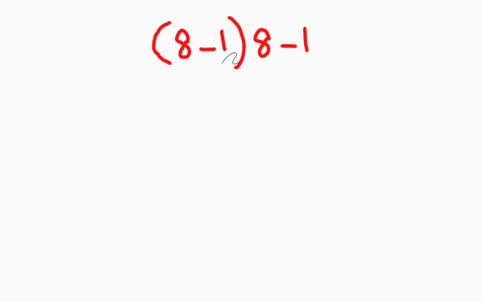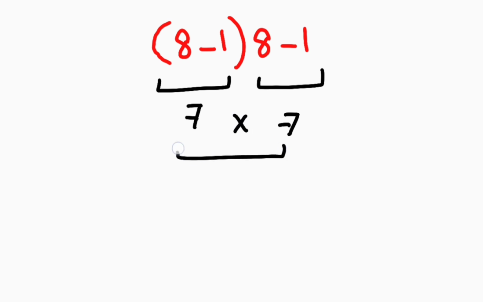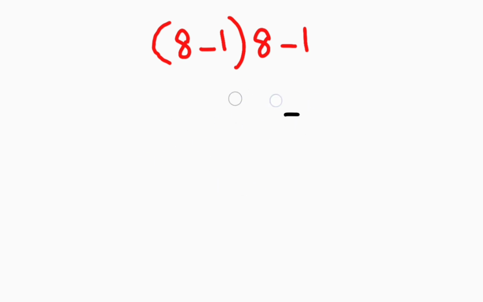8 minus 1 in parentheses times 8 minus 1. 8 minus 1 equals 7. 8 minus 1 equals 7 again. Now, 7 times 7 gives us 49. But this answer is not correct because according to the order of operations, we have to solve this math expression in